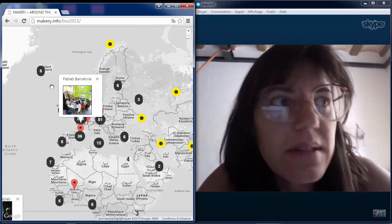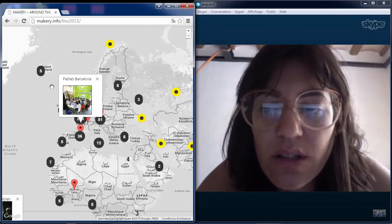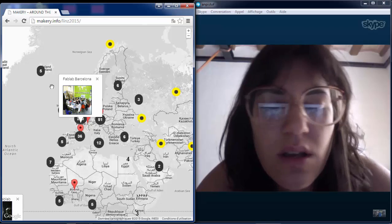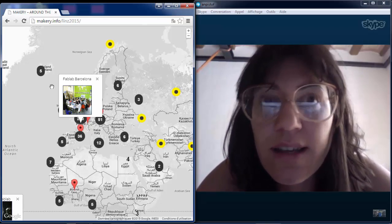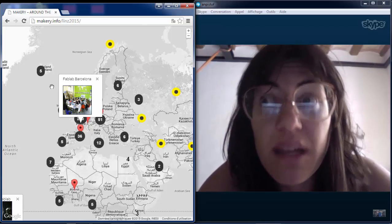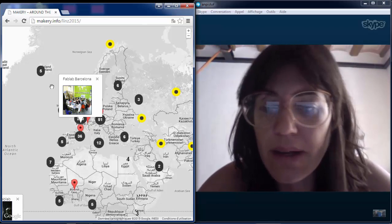So actually, the Fab City program had a pilot project implementing a Fab Lab in the district of Les Corts. So there was a Fab Lab Les Corts, and it's very active. It has a great community, and many people are going there to learn. It has a full program, and I think that